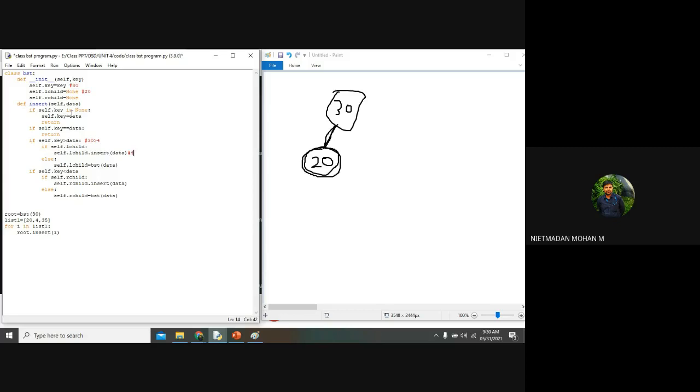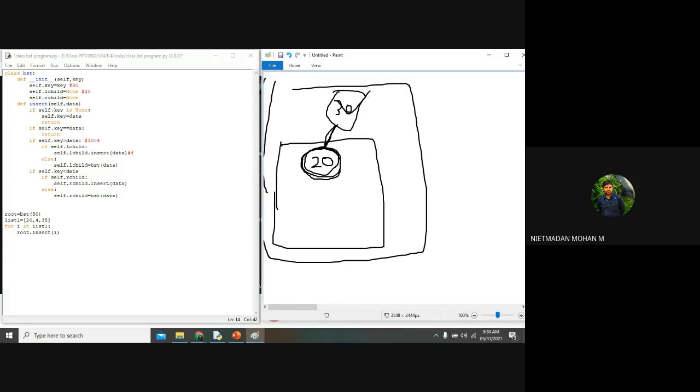Clear? Yes, sir. And again it will check this 4 against self.key. Now self.key will become 20. It means the recursive function will be starting here. So this is my root node for inserting, before inserting 20. So now this will be passed and executed, and this key value will become 20.